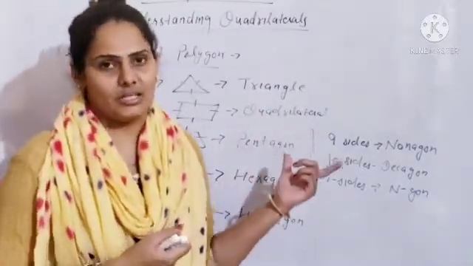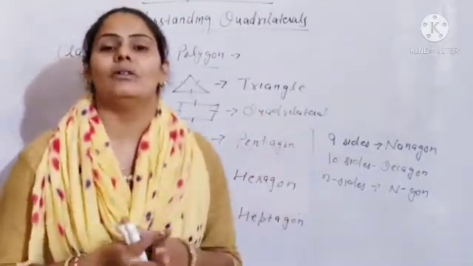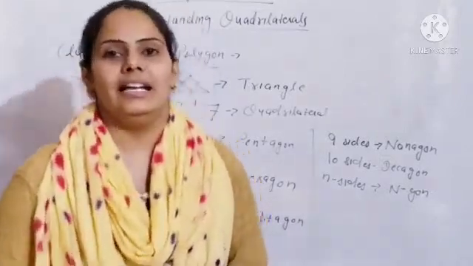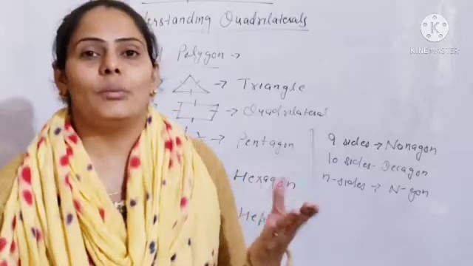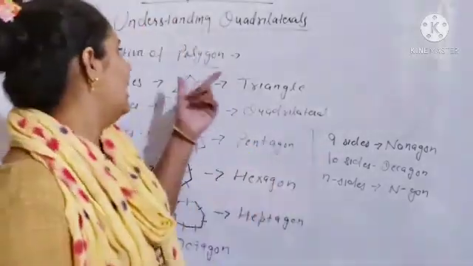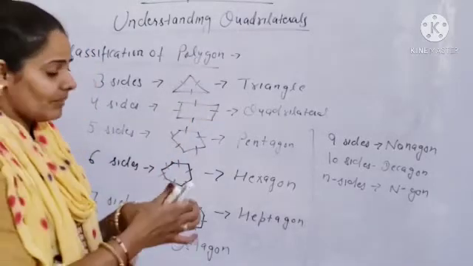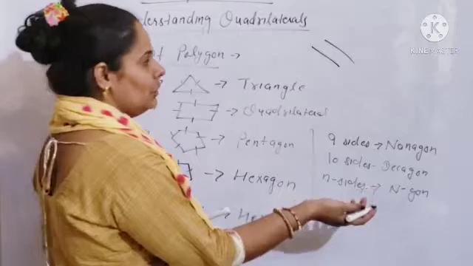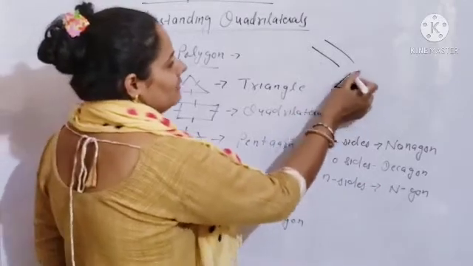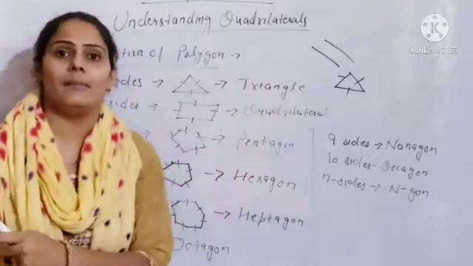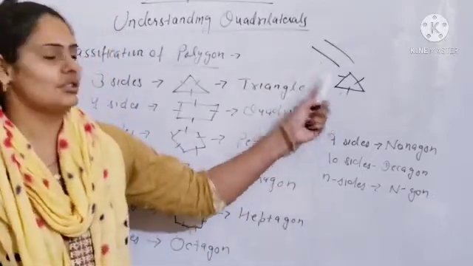After that, what is a polygon? A polygon is made by only line segments. A simple closed curve made by line segments is called a polygon. So minimum how many sides will a polygon have? Three sides, because can you make a closed curve by two line segments? No. So the minimum is three sides, three line segments. By two line segments you can't draw a polygon.